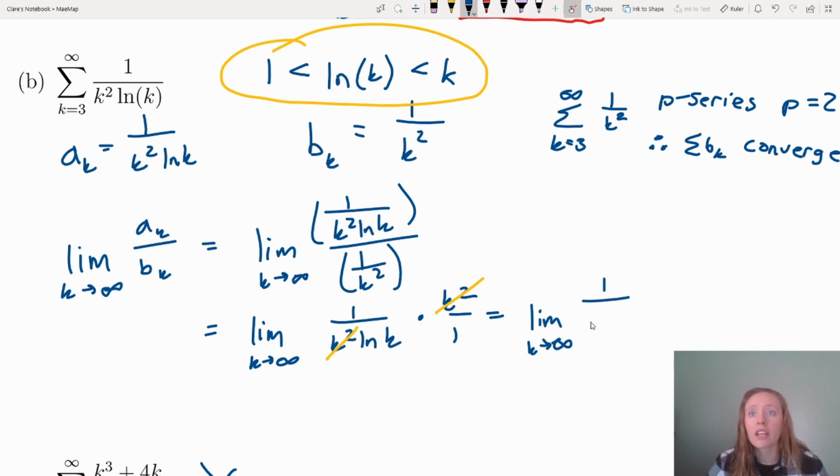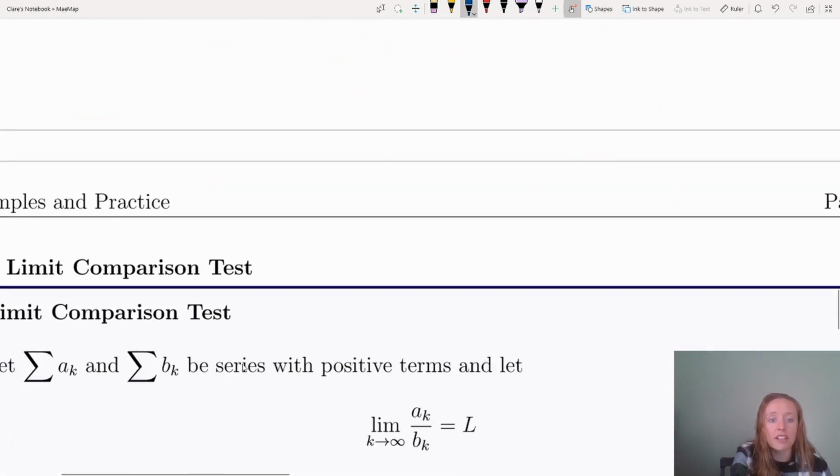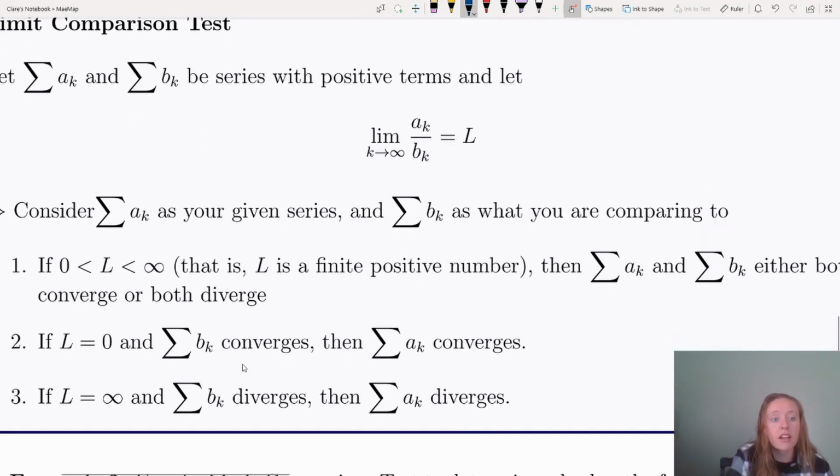of 1 over the ln of k, which the ln of k is a function that continues to grow as k approaches infinity. So this is going to be 1, some constant, over a number that's blowing up, getting larger and larger and larger, meaning that our overall fraction is getting smaller and smaller and smaller, going towards 0. So we did the limit comparison test. We got that the limit was 0, and scrolling back down to that limit comparison test box, we got that